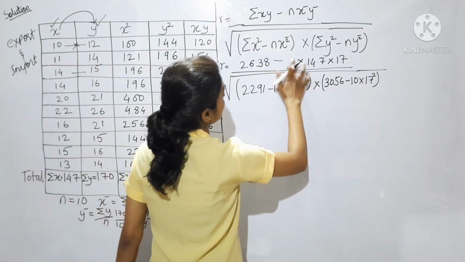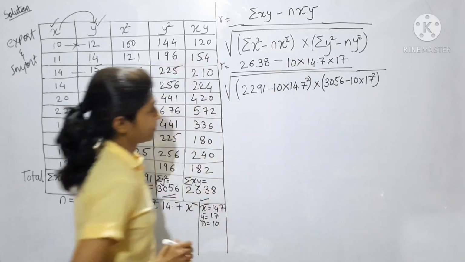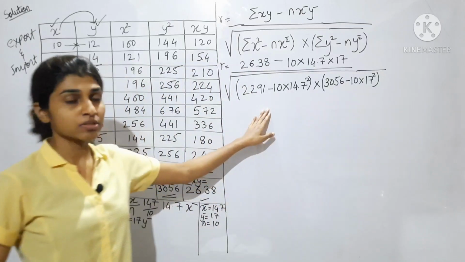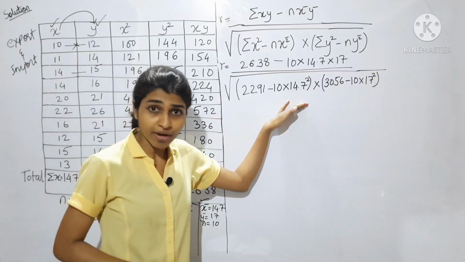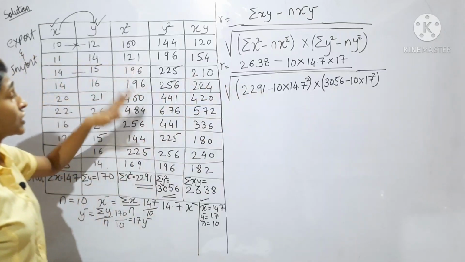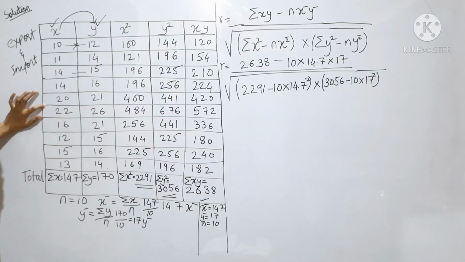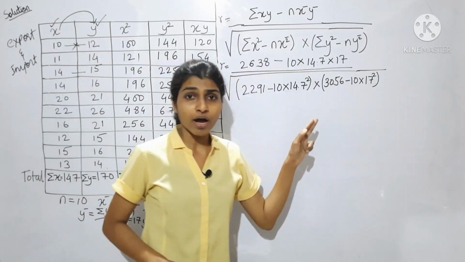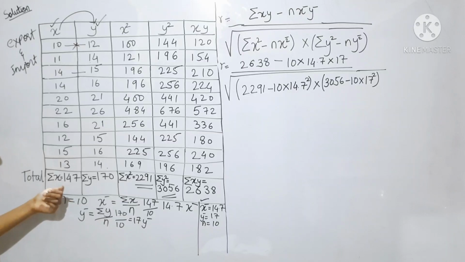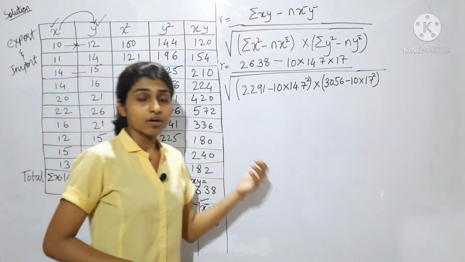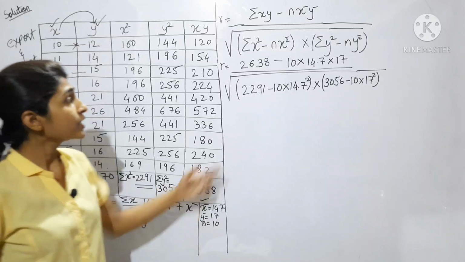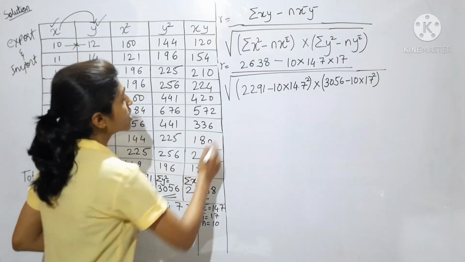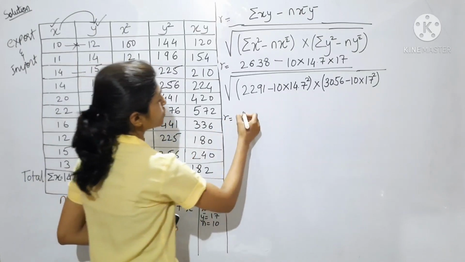Okay, now further solve it. N is 10, sorry, n is 10. So now we have put all the values as per the formula. I hope till this much step you have understood. First, in direct method you have to prepare the table. After the table you have to apply the formula, then whatever answers you have got in the table, total of x, y, x square, y square, you have to put the values in the formula and then solve it. So r is equal to